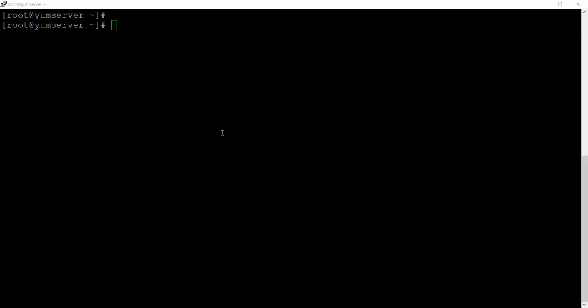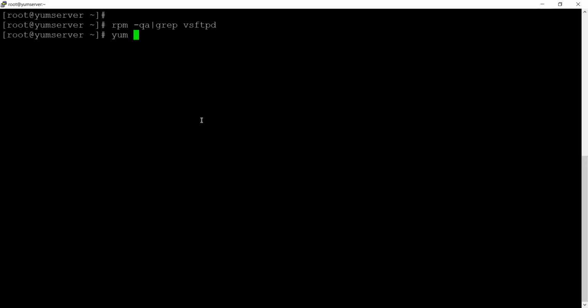First, I'm going to check whether this package is installed or not on my server, with the command rpm -qa | grep vsftpd, where vsftpd is the package name. Just click it. Now the package is not yet installed. That is a pre-check. Now I'm going to install it with yum.